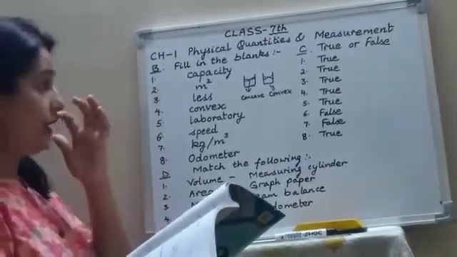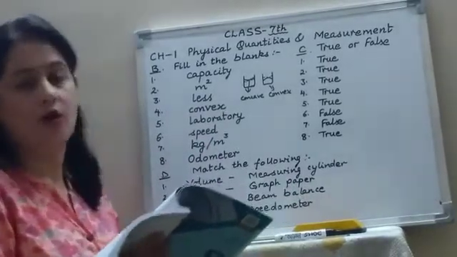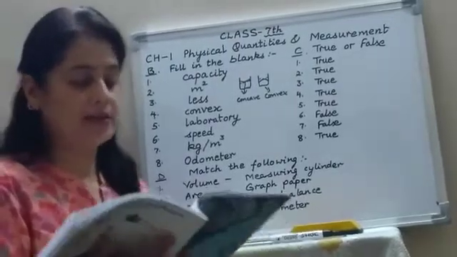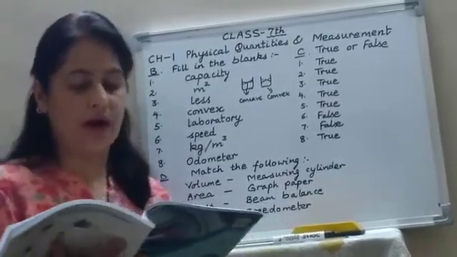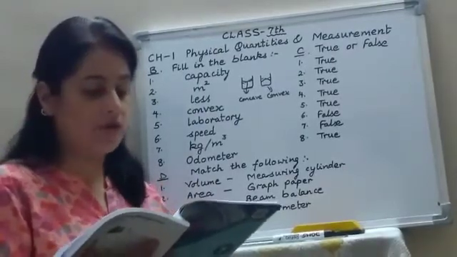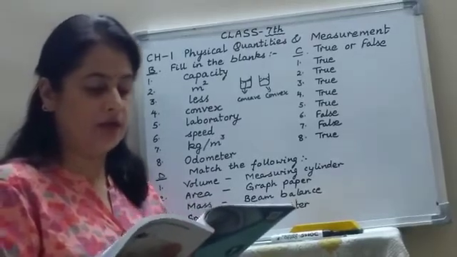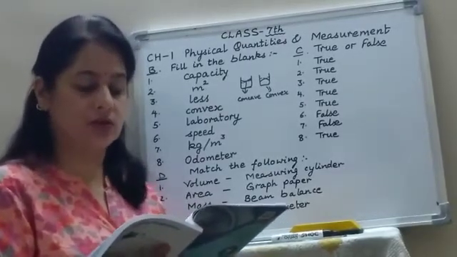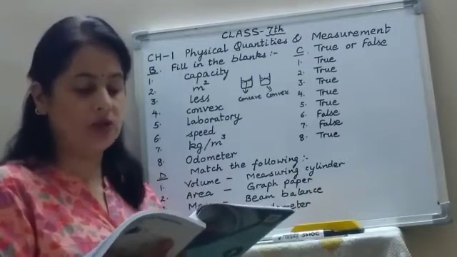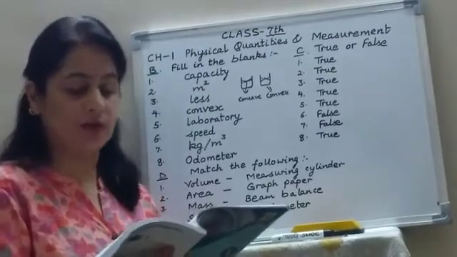Now moving over to the next question, C question. You have to write true or false against the statements. Now first part, area is the amount of space occupied by a substance. True. If a car is running slow, we say that the speed is low. Yes, true. The SI unit of area is square meter. This is also true. Burette is a tube similar to measuring jar with a pinch cock provided at the bottom. True. Last time we have drawn the diagrams of these.